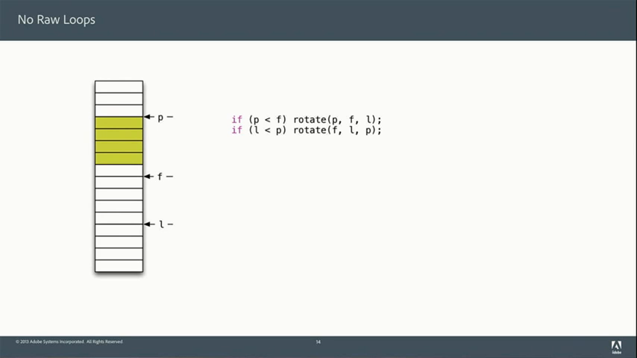which is FL, where we start, and we want to move it to any position P, we can determine which rotate to call by checking where P is with respect to the range. Is it before or after? And then calling the appropriate rotate. Okay? Now,